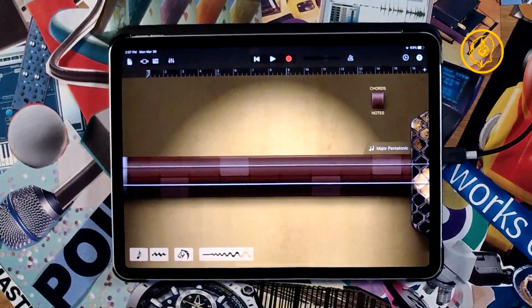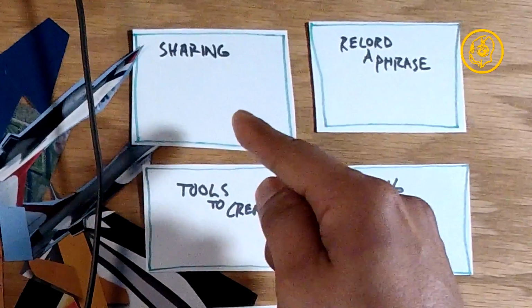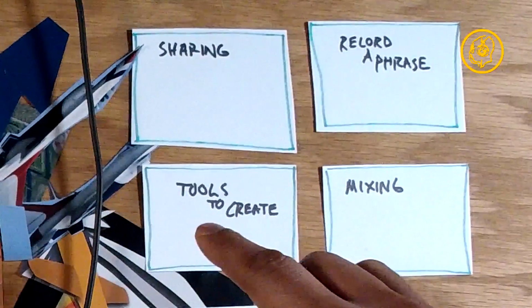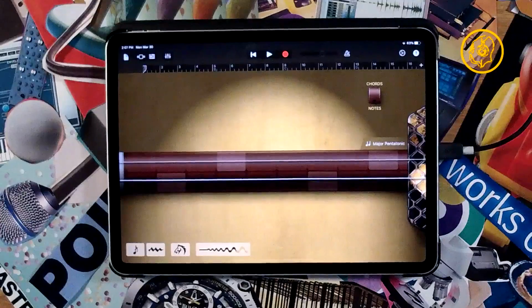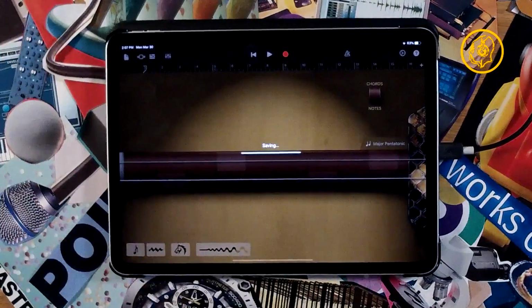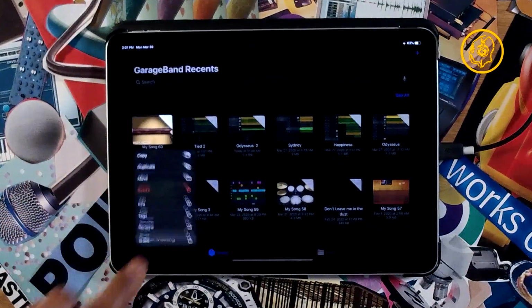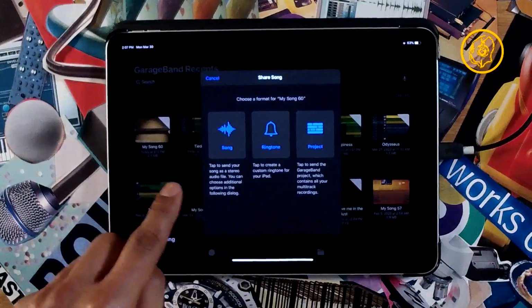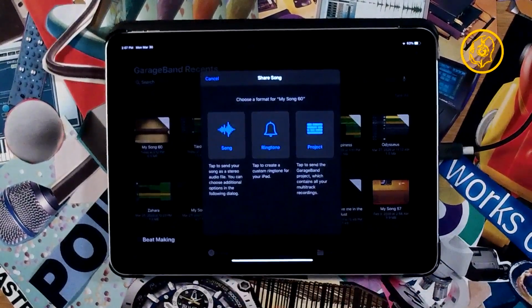So, let's go over what's happening here. Today, I showed you how to share. You can rewind the class and check it out. Two different ways to share. You can share the project or the song. Sharing the project, you can't do it directly. You have to do it indirectly. You okay?